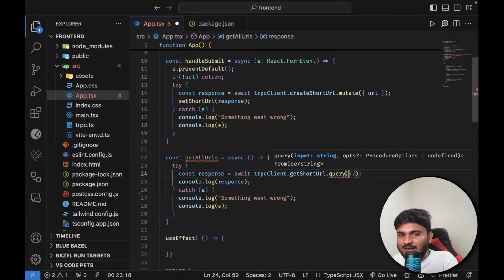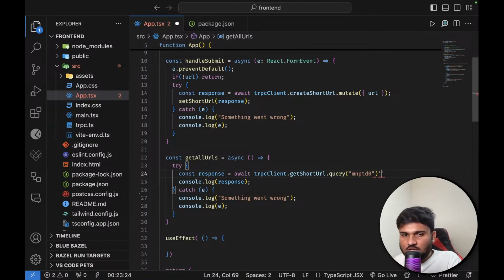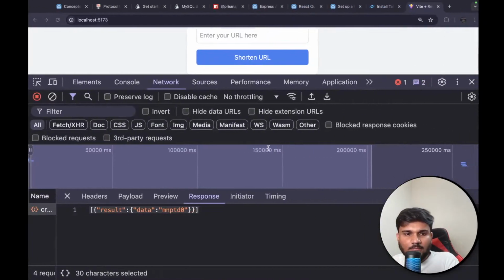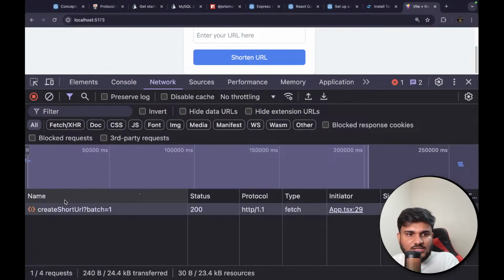You can give it an input, right? Can you see? This query is expecting an input which is of type string. So I just give it a string and that's it. And I'm going to call this function on the first load of the component. Let's see whether our query is working fine or not. If I save it and come back,